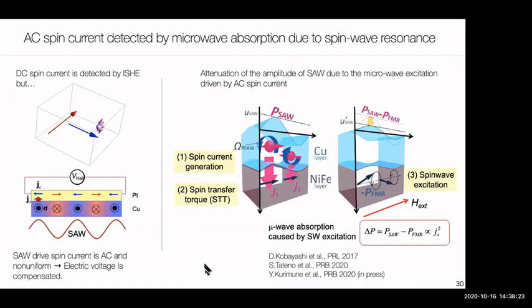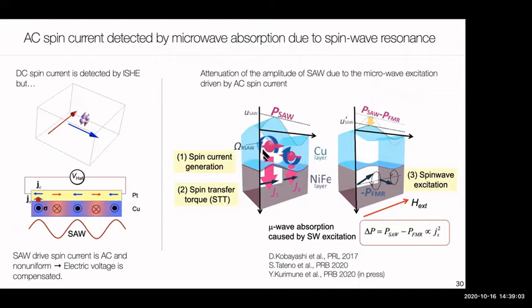But Professor Nozaki of Keio University got a very nice idea to detect the AC spin current. He used a ferromagnetic film to detect the AC spin current. This is the setup. This copper layer is the spin current source, and he put the ferromagnetic metallic film onto the copper layer. Now you apply the surface acoustic wave. Then in the copper layer,